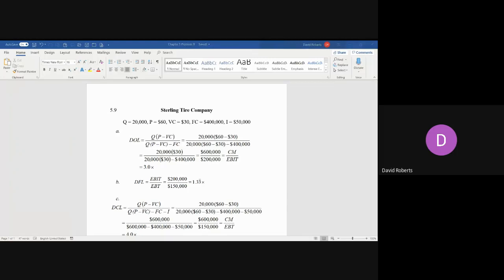Problem number 9. In this case, we're going to use or calculate the degree of operating leverage. We're given the variables, you can see at the top: the quantity, price, variable costs, fixed costs, and interest. So in order to calculate the degree of operating leverage, we plug the numbers into the formula, as you can